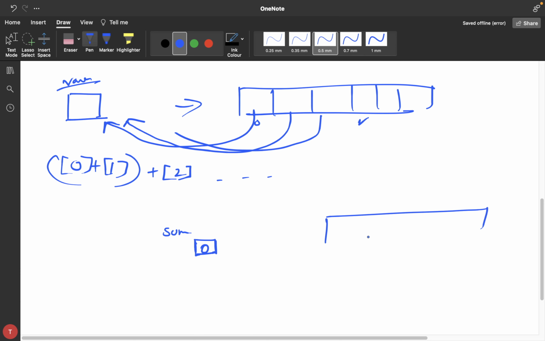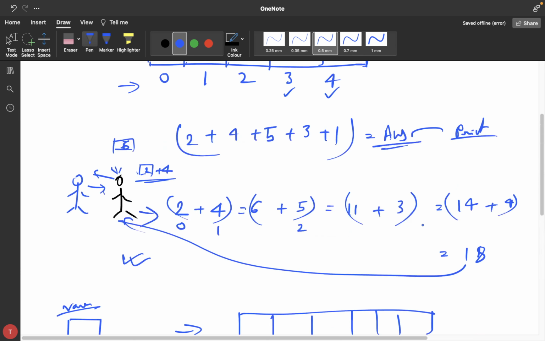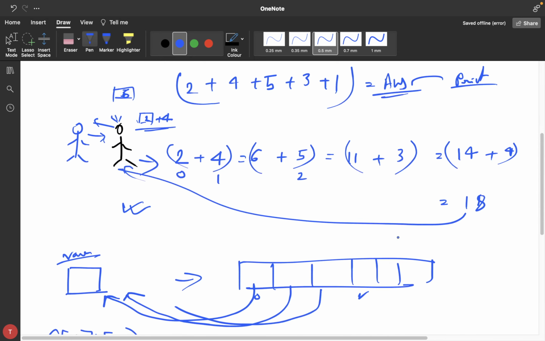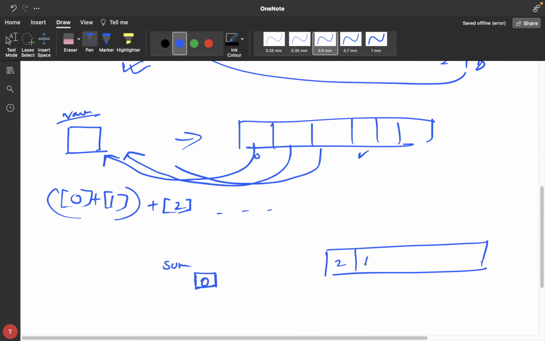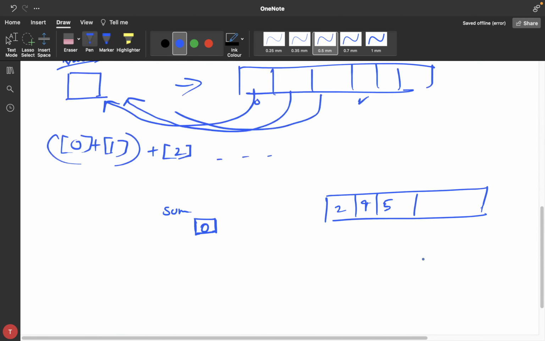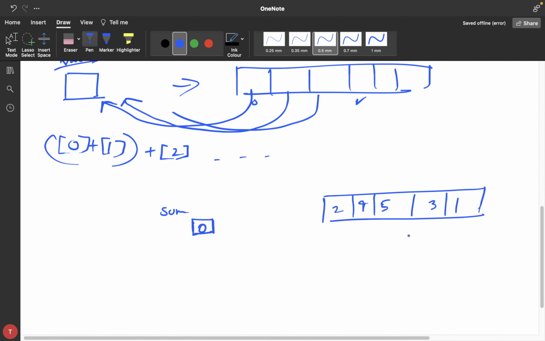After that, let us create the array. Just put the same values: 2, 4, 5, and after that, 3 and 1. Okay, 3 and 1. Now what we will do: